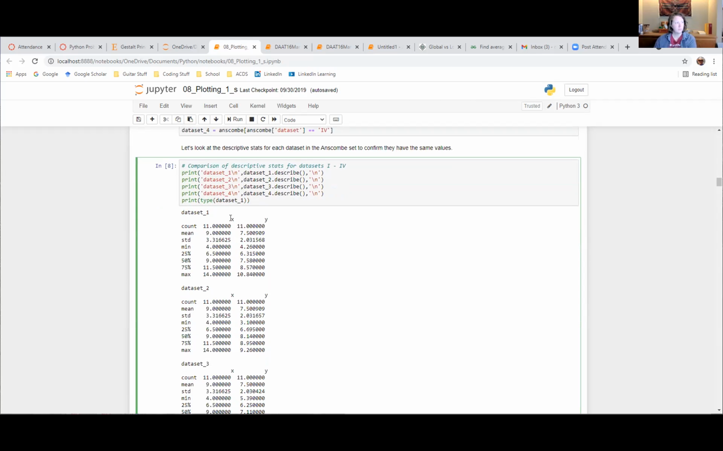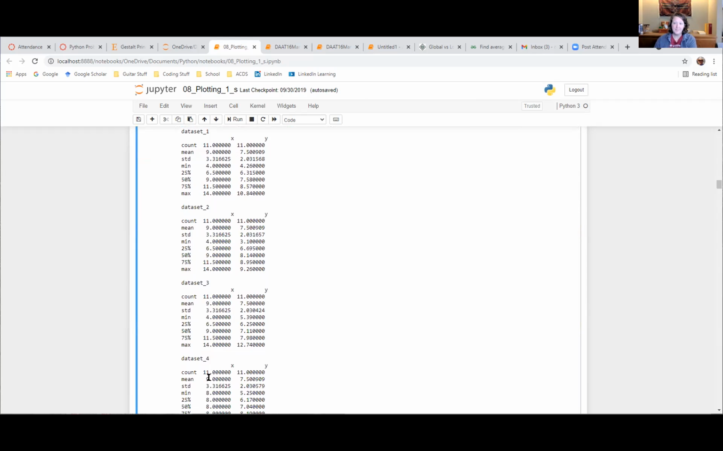So here are the two. Here's the name of the data frame that we're printing here, and all of them have 11 values. There's 11 values in each of the 4 Anscombe data sets. So we see data set 1 has a mean of 9, data set 2 has a mean of 9, data set 3 has a mean of 9, data set 4 has a mean of 9. So this has got to be the same data, right? And look at the X and the Y, same mean, same number of variables, same standard deviation,